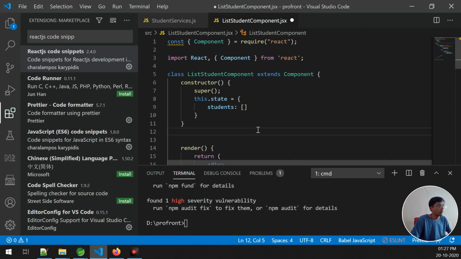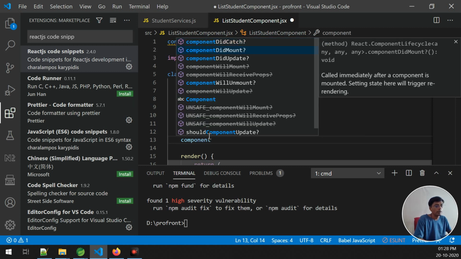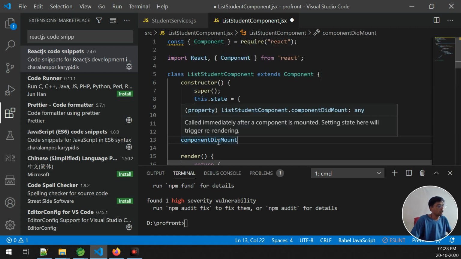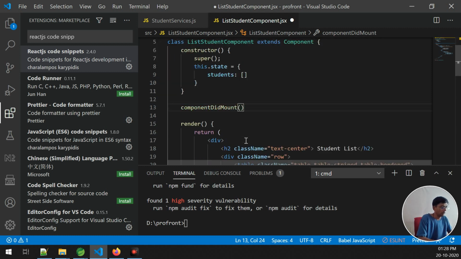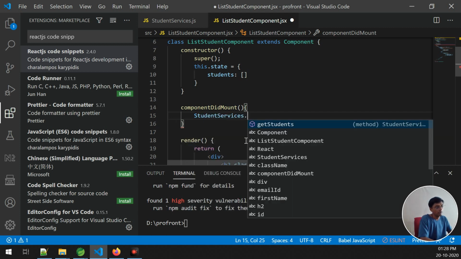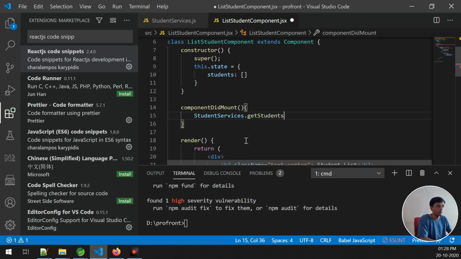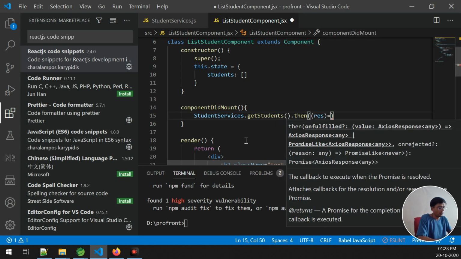So for that we have to create one method, componentDidMount. That is used so it will automatically, immediately be called after the component is mounted, right? So whenever we are rendering this method, it will be automatically called. So I'm using the student services over here and the get student method, dot then, and inside that I am writing the res. For example, I am using this variable arrow operator, and